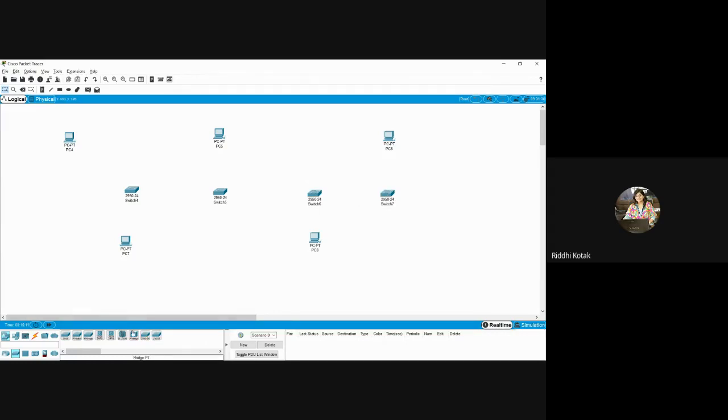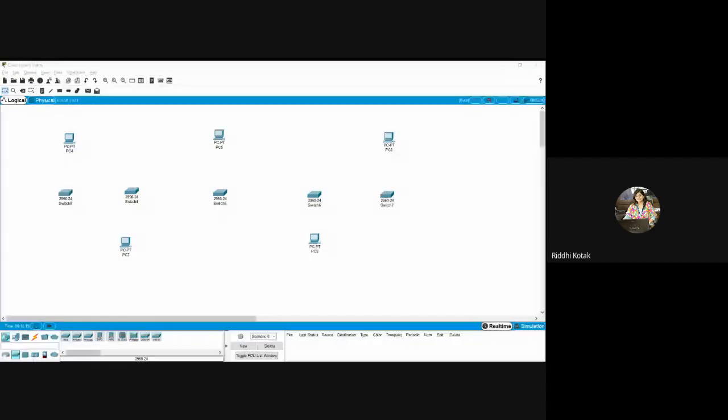For every PC you have to take the switch. And now, okay, first prepare the structure.